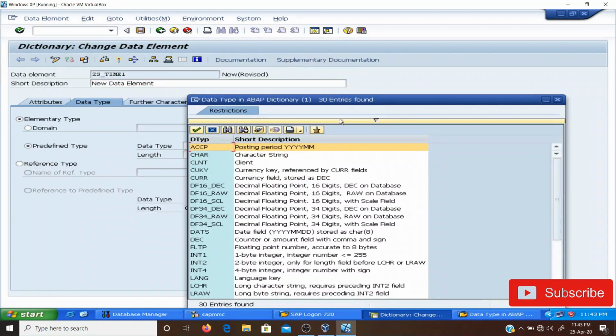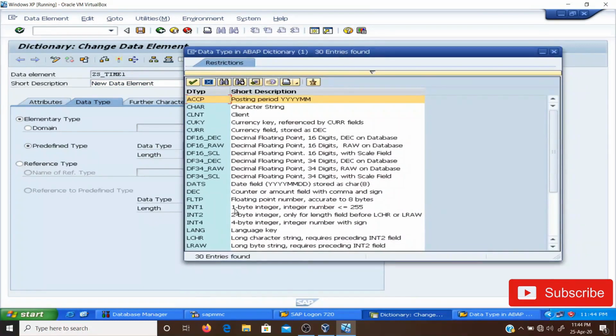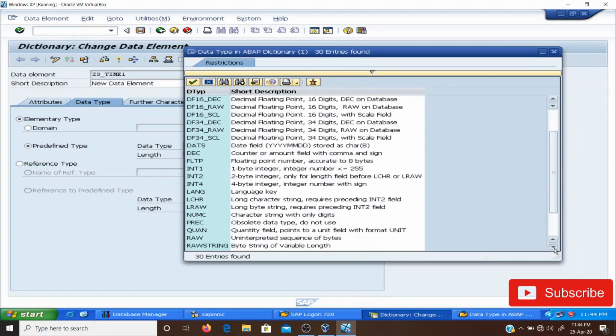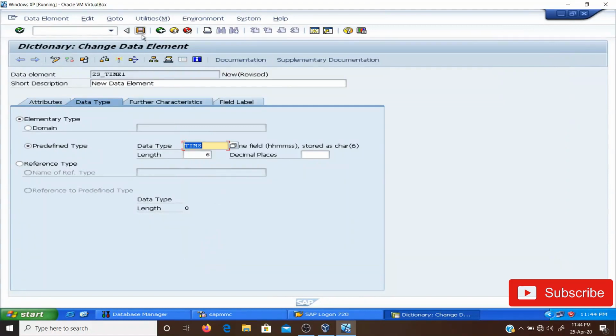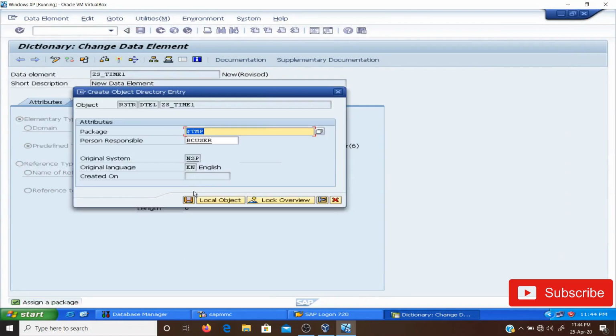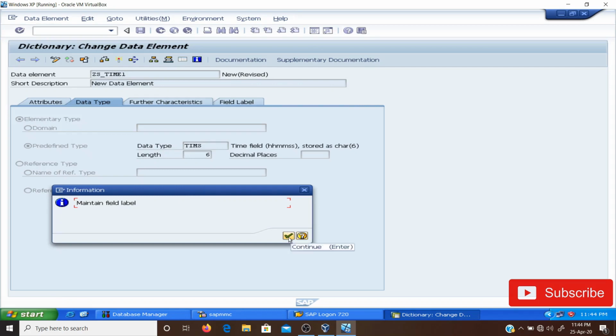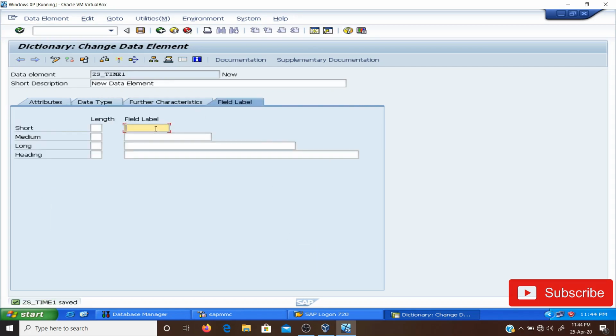In my case, I am selecting the data type of time. Click on the save button, select the package and OK. Maintain the field label. I am maintaining the field label as time. Click on the save button, check for consistency and then activate it. Now the new object, which is our data element, has been activated.